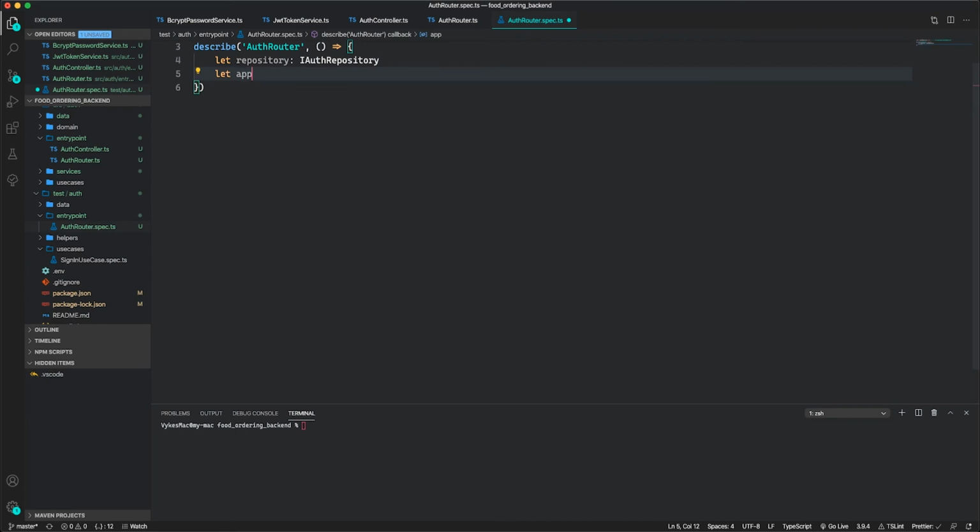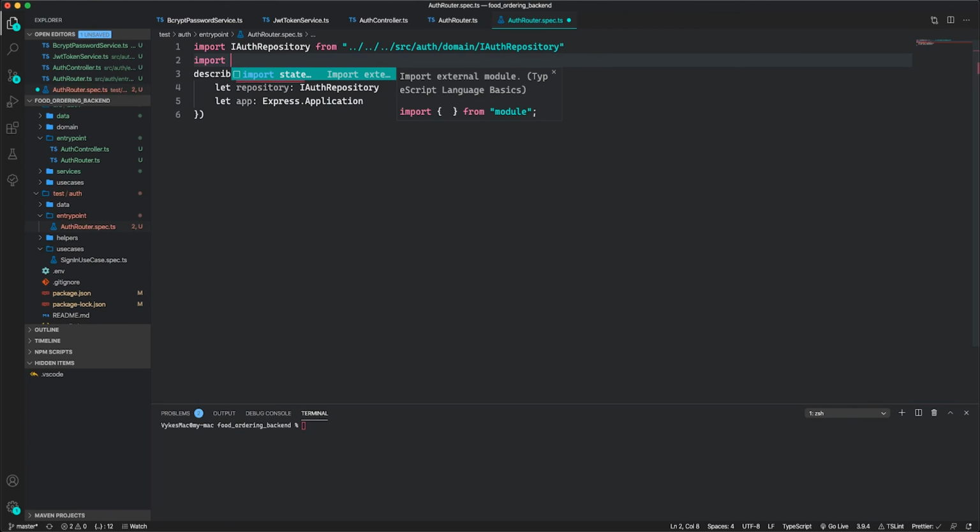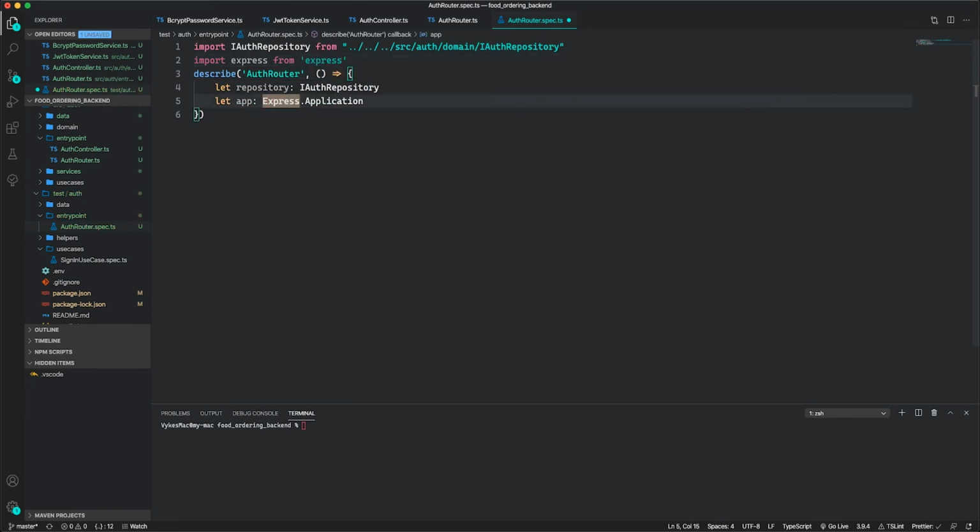So the app, which is of type express application. So now I need to import express. So import again express from express, change this to common letter,